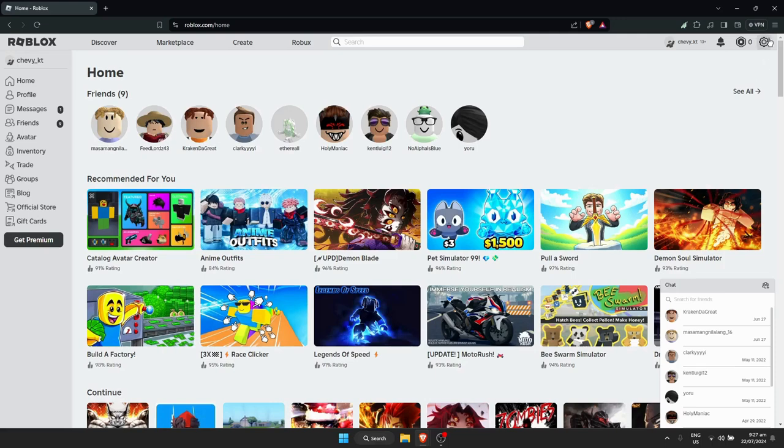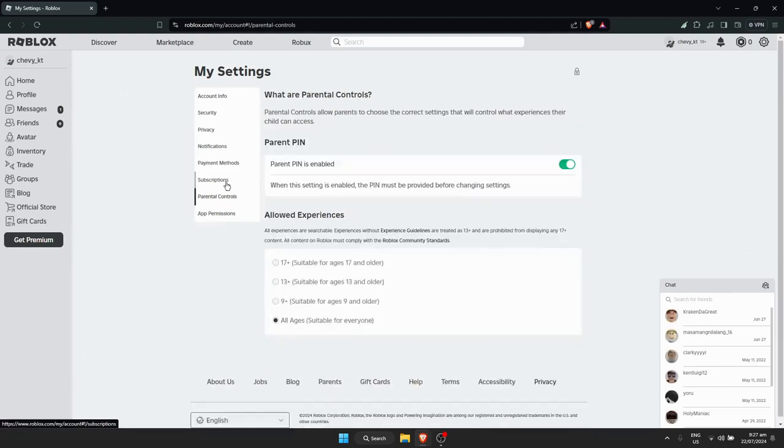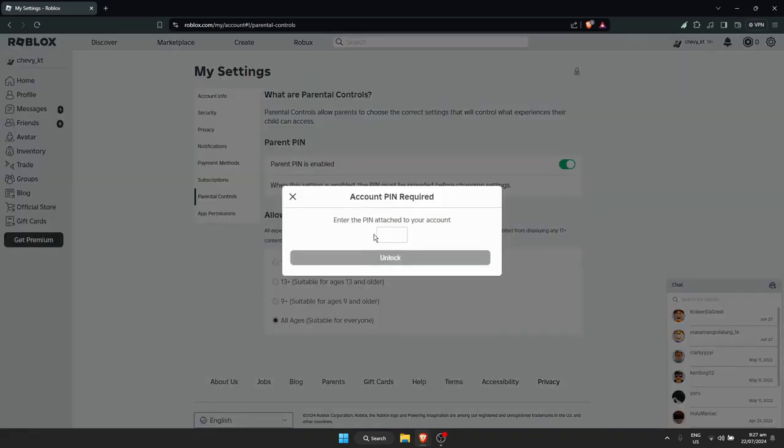Once that's done, just simply go to the settings on the top right corner on the gear icon, then click on settings. Then go to parental controls here at the list on the menu right here. As you can see, parent pin is enabled for this account. What you need to do is simply click on the switch button right there, and it will prompt you to